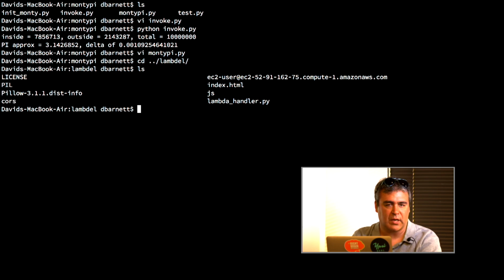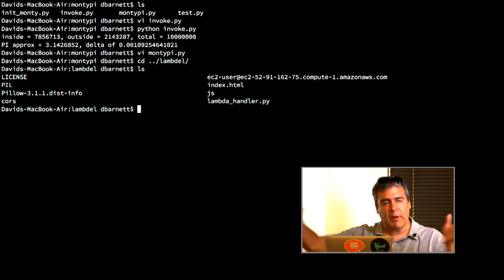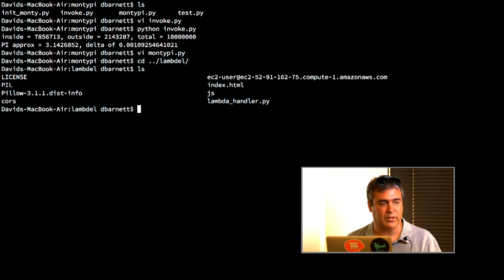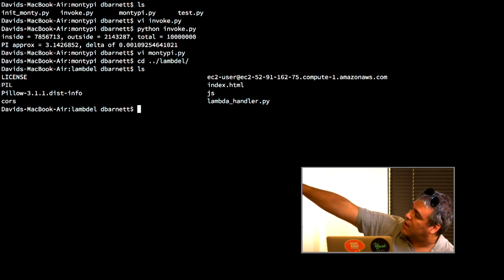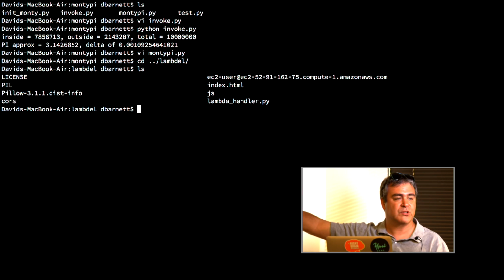There's a really nice trick. I don't know how familiar people are with Python. If you've used virtualenv, it is a Python utility by which you can create a virtual environment. If you don't know it and you use Python, you really want to get to know it. I resisted for a long time. I don't know why. But you basically create a virtual environment, and then if you use pip, which is Python's utility for installing, it goes into your virtual environment. You don't have to put it in your system. You can have it right there. And that's how I did this: I created a virtual environment, I pip installed PIL, and boom, it was just there.